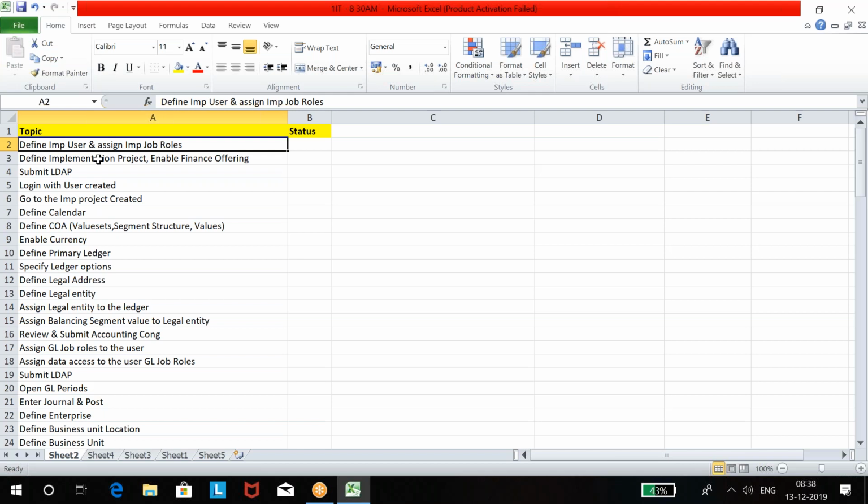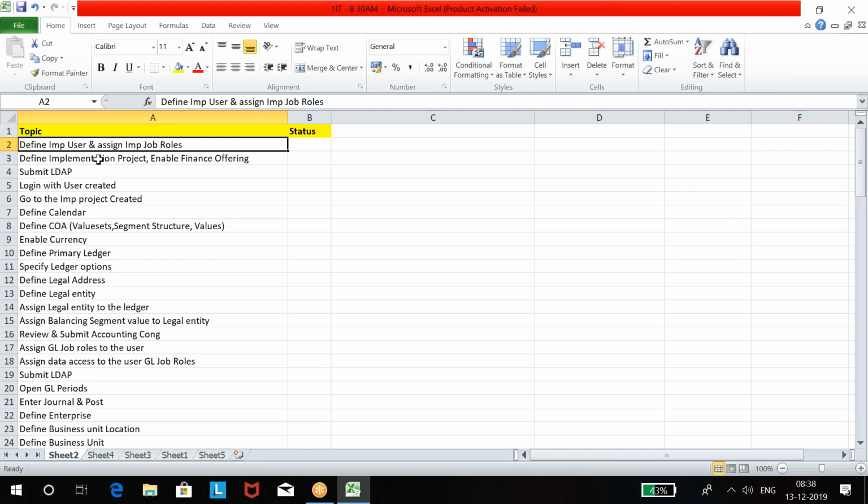Next, after we create the user and assign job roles to the user, what do we do next? Before prepare ledger and after creating this user, we do something. Yesterday I discussed it. Create a project.